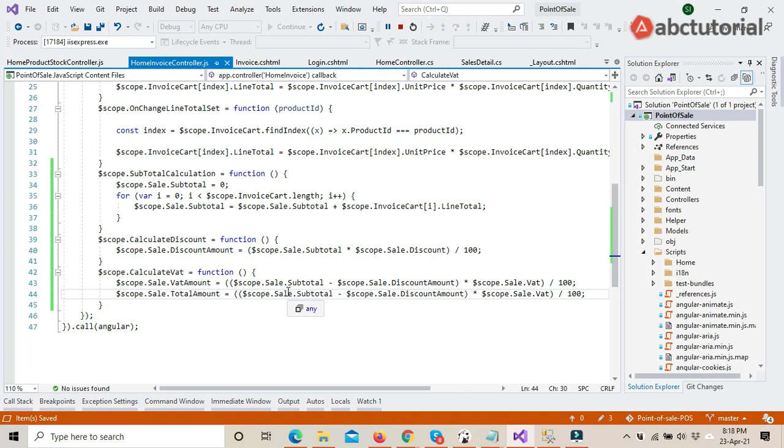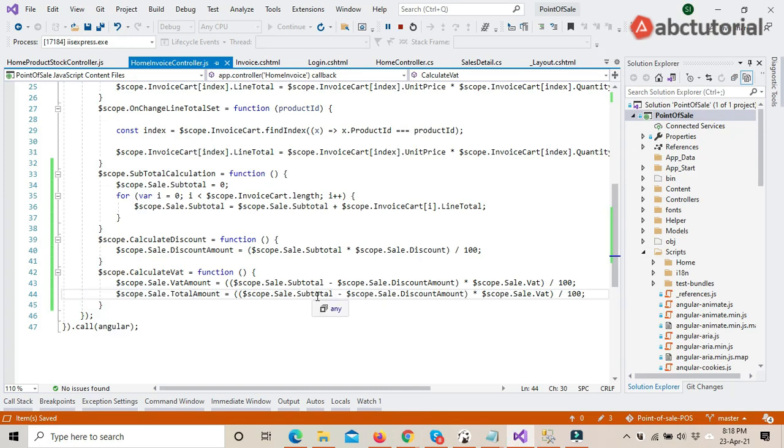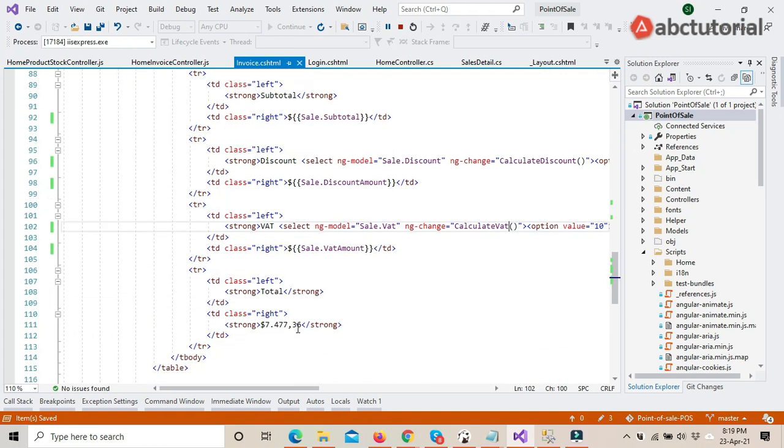Total amount. So total amount will be this minus this and plus this. Okay, so subtotal minus discount, plus this VAT amount. So VAT amount will be added after subtracting the discount amount. Okay, so if I just put this variable here,